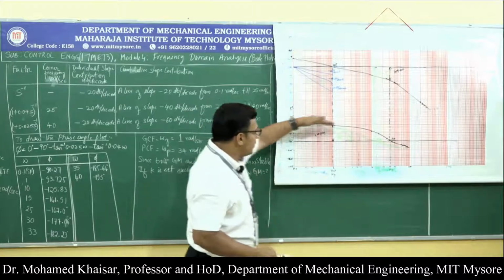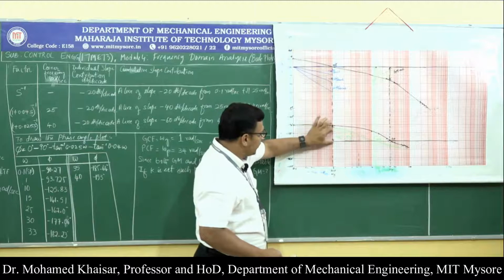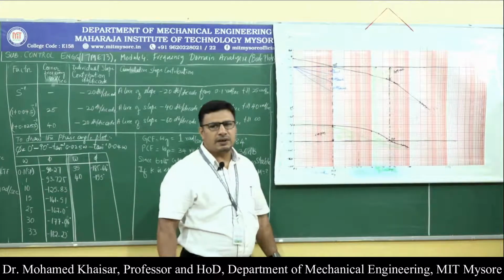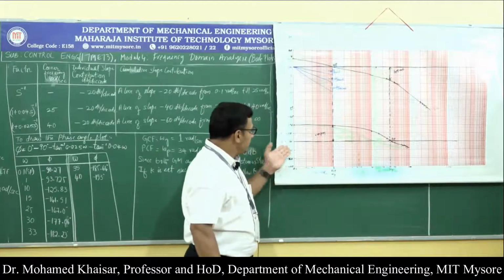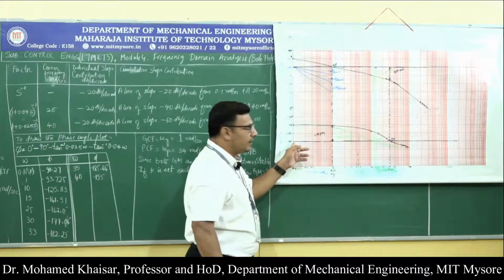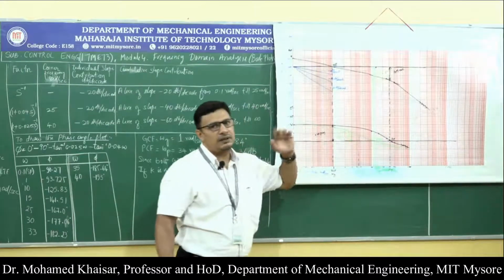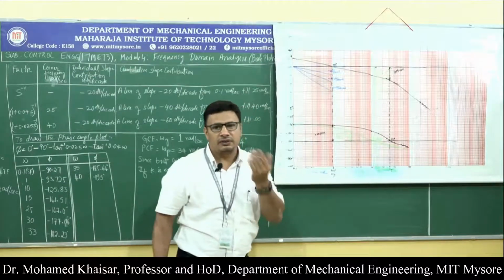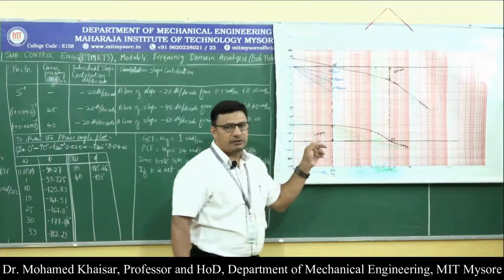You can shift all the points on the phase angle plot downwards such that the phase margin you get is 45 degrees, which is a very tedious procedure. So instead, we can shift the minus 180 degree line, because this is a straight line and the phase plot is a curve. Shifting a curve is always a daunting task, whereas shifting a straight line is very easy. So the minus 180 degree line is a straight line.